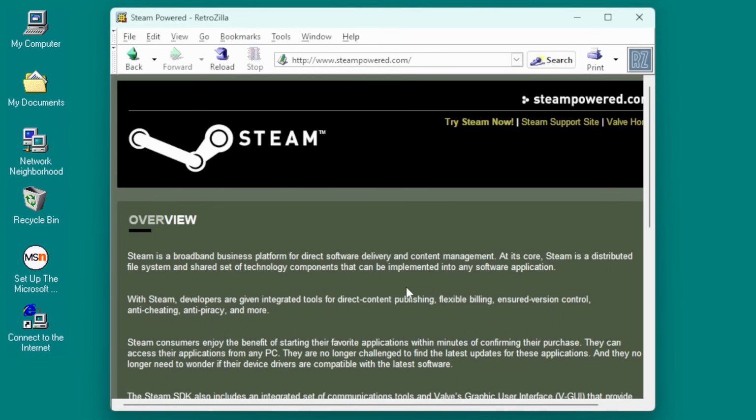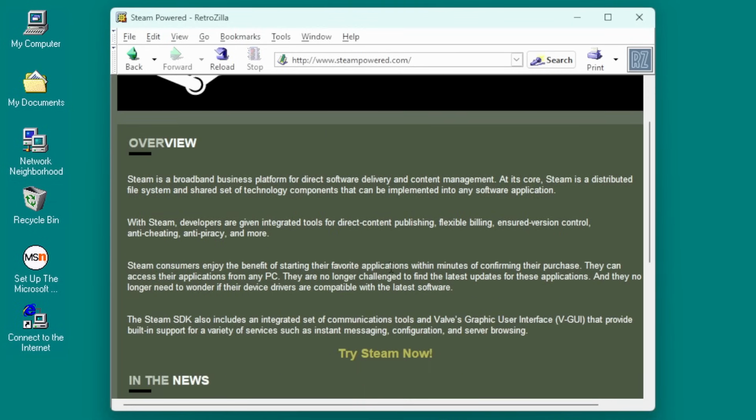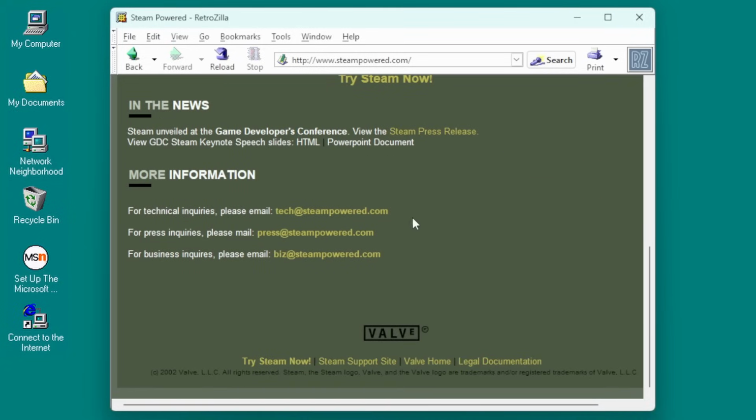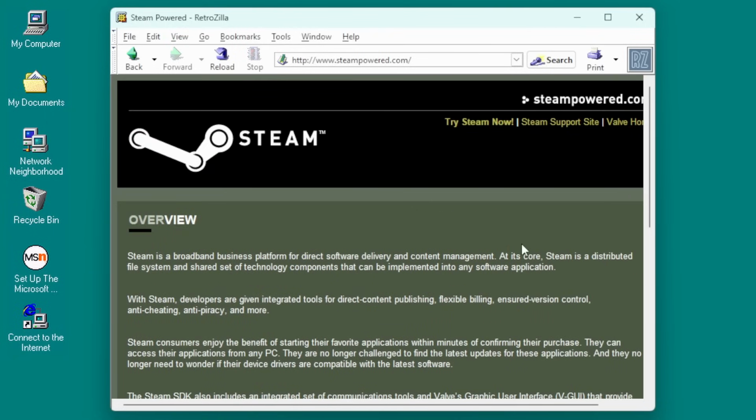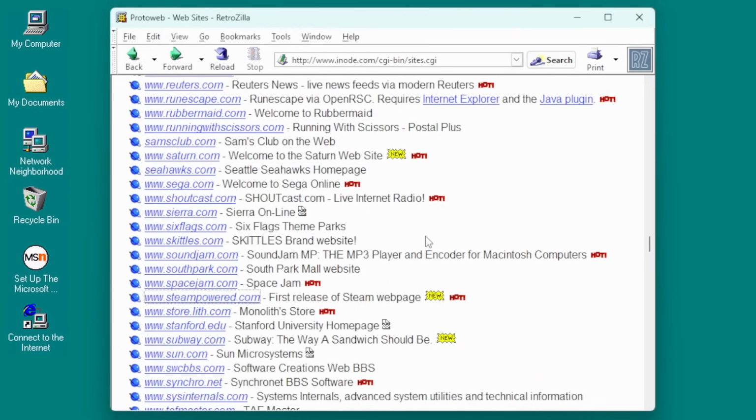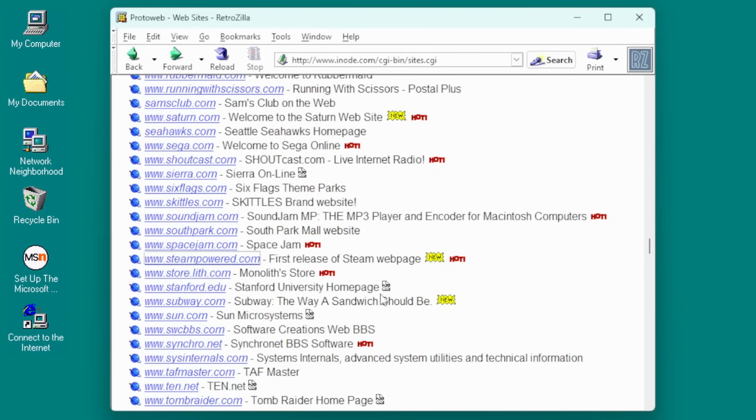I don't know when this would have been, but yeah, it's just talking about Steam. It was when it was first introduced and barely had anything to offer at all. But it was the start of something big. Direct software delivery and content management. Looks like this was 2002. I remember my first Steam game was Half-Life 2. How about